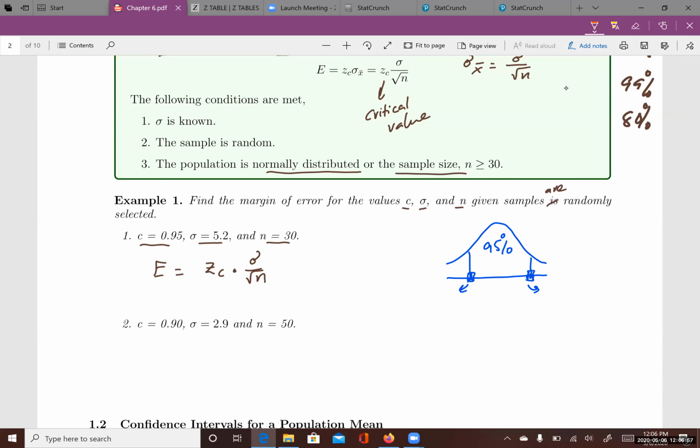So how can we find this value, Zc, here? We know that the probability in the middle is 95%, right? The middle part of the distribution is 95%. And due to the symmetrical probabilities of a normal distribution, you know that the area to the right of this point should be 2.5%, and the area to the left of this point is 2.5%, because the sum of these two areas should be 5%. If we know the area to the right or to the left, we can just find Zc using the Z table.